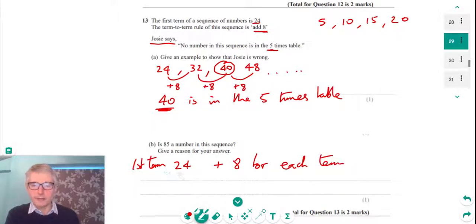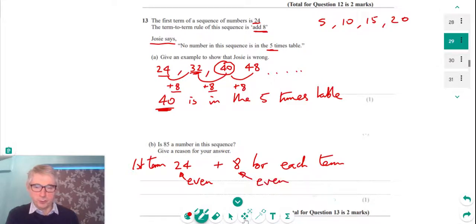Now, if we're adding 2 even numbers, we'll always get an even number as the answer. So we could see, going back up to what I did before there, the 32 is an even number because we've added an even number, which is the 24, to an even number, which is the 8. And if we continue to keep adding even numbers on, we'll always get an even number. So we could say here, this is even, and we could say this is even,